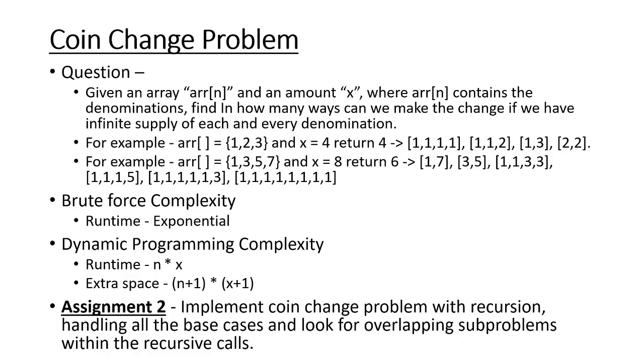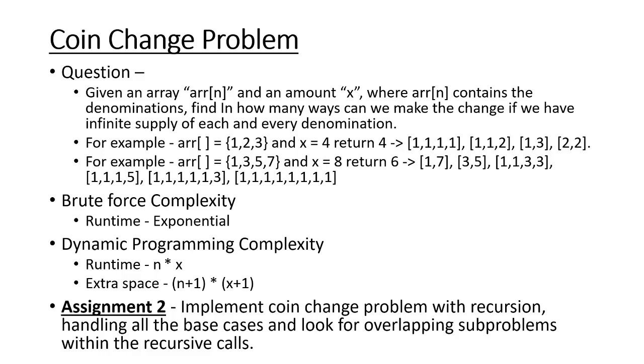So if we see an example over here, what do we have? We have an array of denominations 1, 2 and 3 and we need to make an amount of 4. So our function should return 4 over here. And what does this 4 signify? This 4 signifies the total number of ways with which we can make the amount with the help of the given denominations. So how can we make this amount 4? We can either pick 4 coins of 1, or we can pick 2 coins of 1 and 1 coin of 2, or we can pick 1 coin of 1 and 3, and we can take 2 coins of 2.